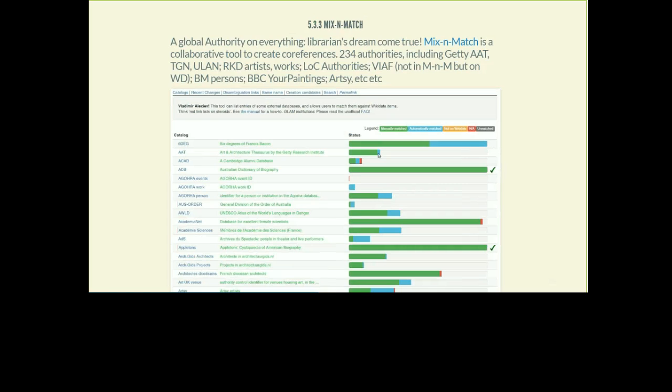You see here that about a quarter of it is matched. These bluish things are match suggestions that are not yet vetted by people. There's also some catalogs that are now complete. For example, the Australian, these are important Australian people, but this is rather smaller. This is probably 10,000 items, whereas in ULAN you have over 200,000. And of course, this takes a lot of work, but there's automatic tools that match suggestions, and there is the power of the crowd.